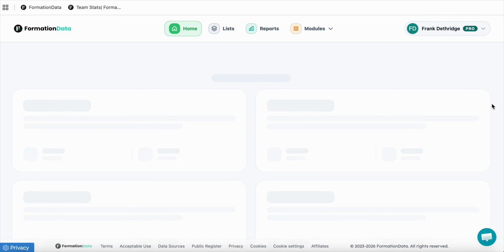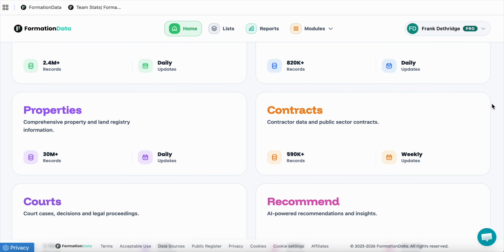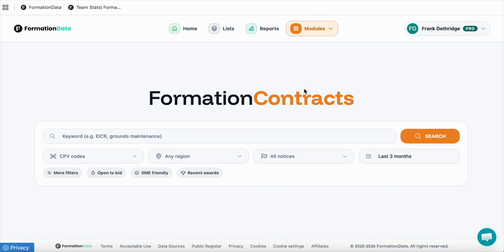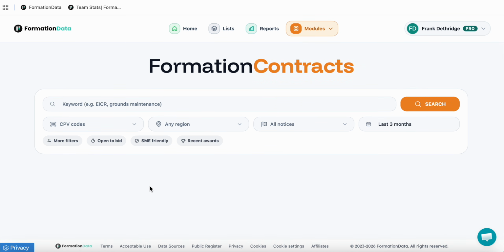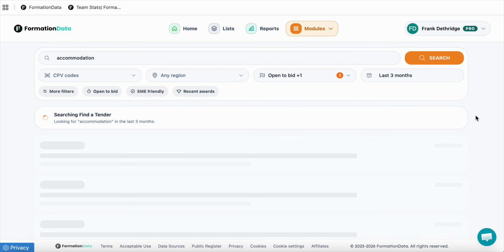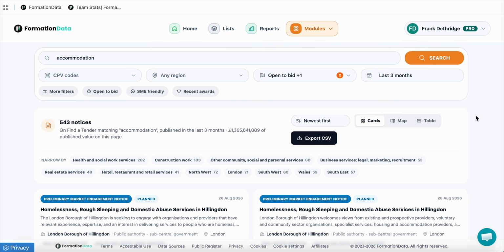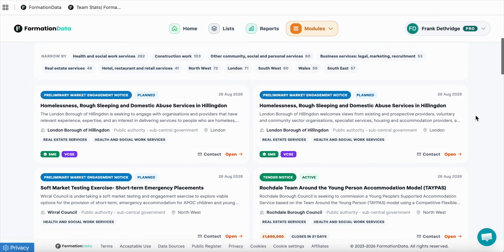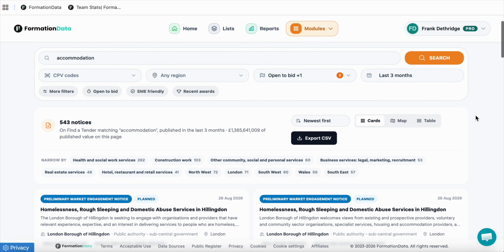So coming back to the FormationData dashboard. The next module we're going to take a look at is formation contracts. Now, we can search by CPV codes for accommodation, etc., but I just prefer to search by keyword. We're going to look for open to bid and upcoming contracts. Now, these tend to be all the councils looking for emergency accommodation, homelessness, rough sleeping accommodation,